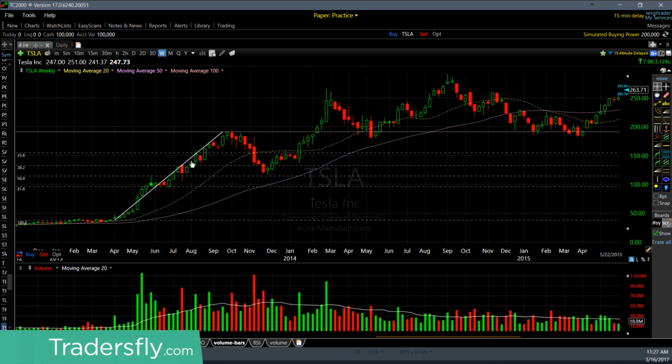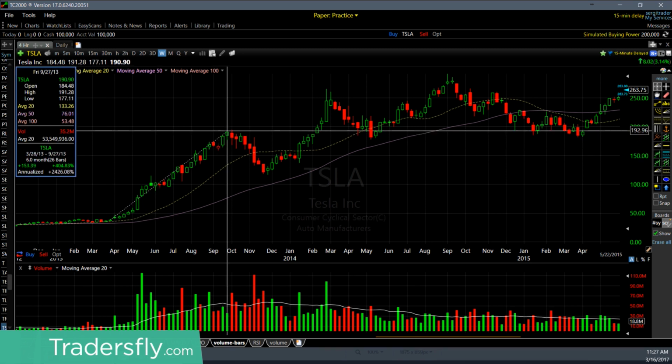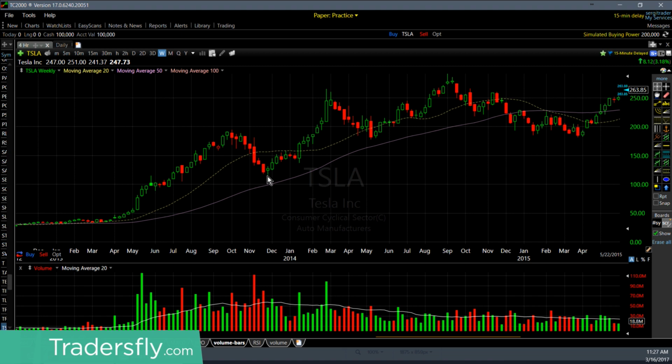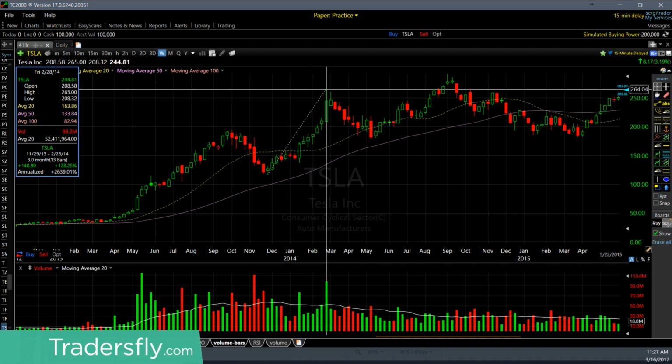Okay, so in this case, let's take a look. From here, if we take our numbers, call it $40, or we'll just draw it up here, and you can see it here on the left box, you get about 155 points on the left. Now, if you draw the same thing from the lows of point C, and you go all the way to D, you get about 148 points. So about 5 points off,